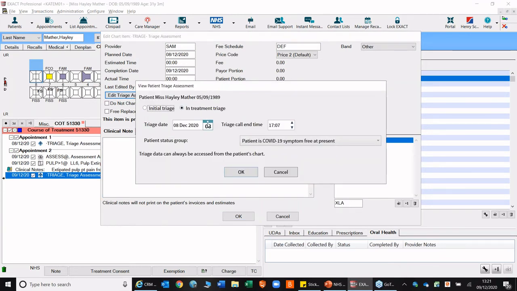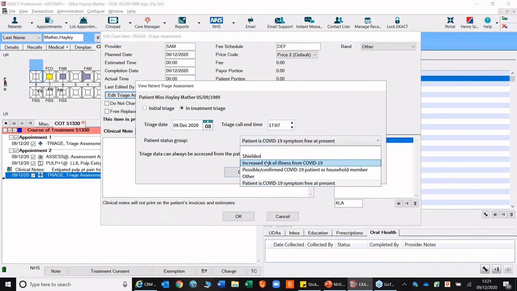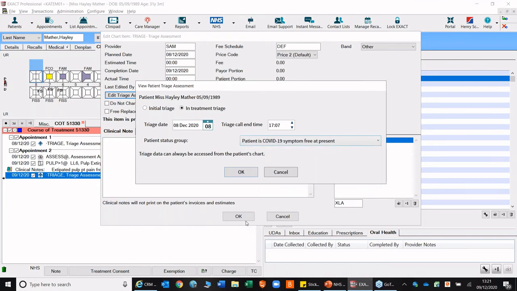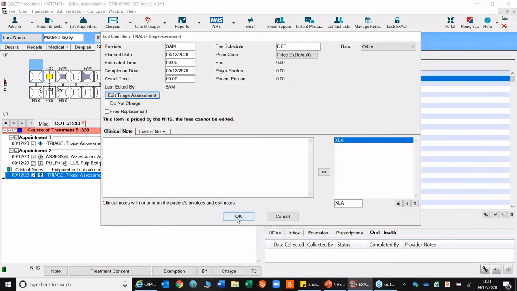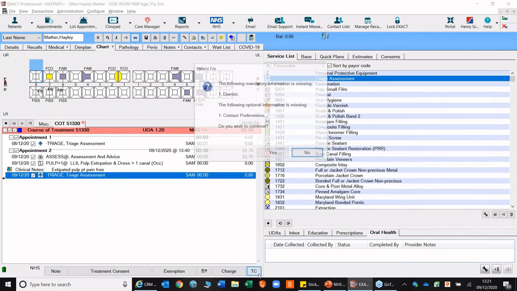Okay, that's interesting. I can change the date and the time on here, and then I can also put in the different reason why the patient is here. Okay, so I can say that the patient is symptom-free, click OK, and then when I TC this,